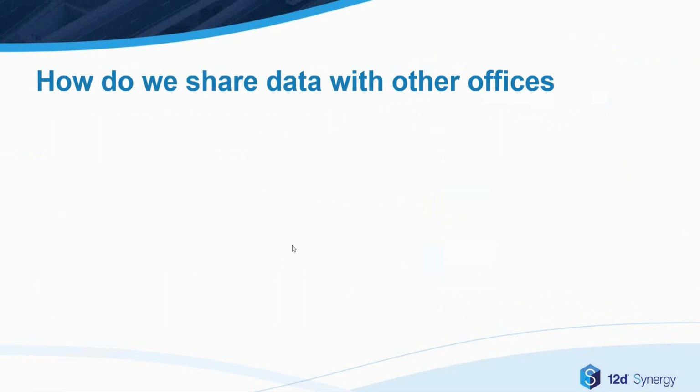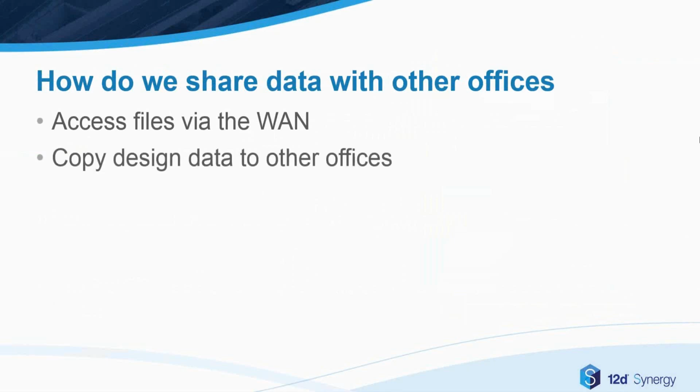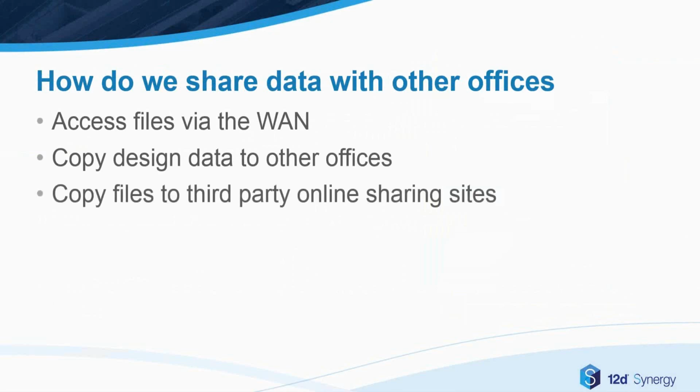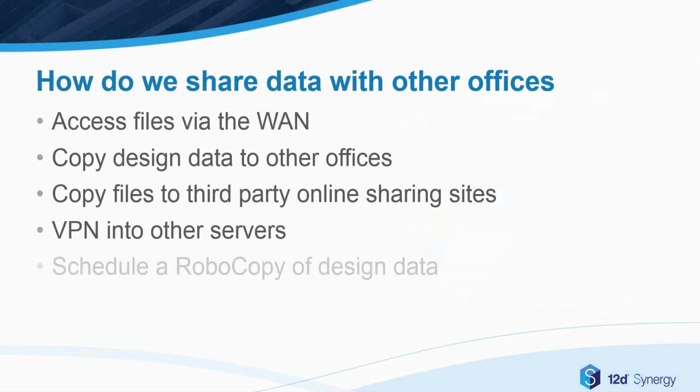So how do we share our data with other offices at the moment? I've reached out to a few of our customers and talked about this, and these were probably the top five or six they mentioned: access files via a wide area network, copy the design data to another office, copy files to a third-party online sharing site like Dropbox or Box or OneDrive or Google Drive, VPN into another server and use the information that way, or schedule some kind of automatic copying process to copy the data across the network on a schedule. So there are certainly ways to do it,